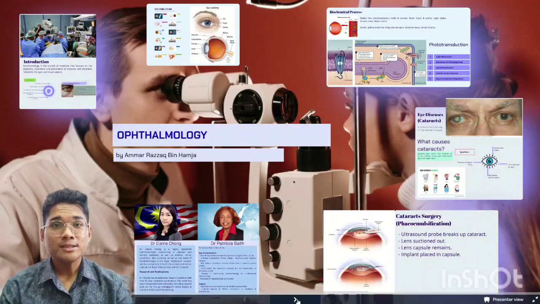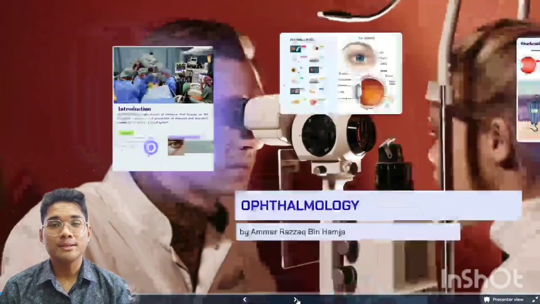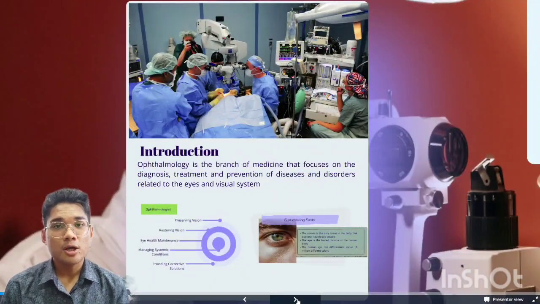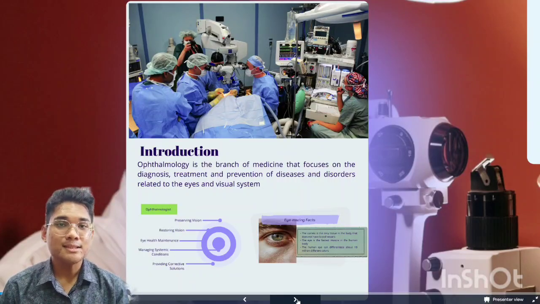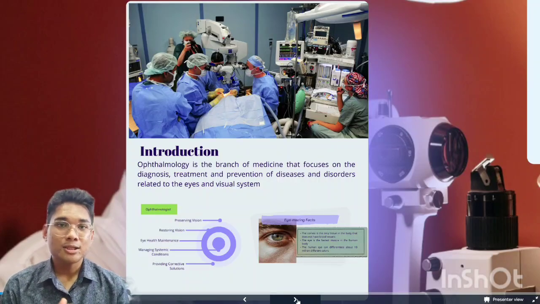Assalamualaikum and hello everyone. Today I will be talking about the role of an ophthalmologist, the anatomy of the eye, the biochemical process of vision, and a common condition that affects our eyes, which is cataracts, including its causes, symptoms, and treatment. So for introduction, ophthalmologists are medical doctors specializing in ophthalmology, a branch of medicine focused on diagnosing, treating,